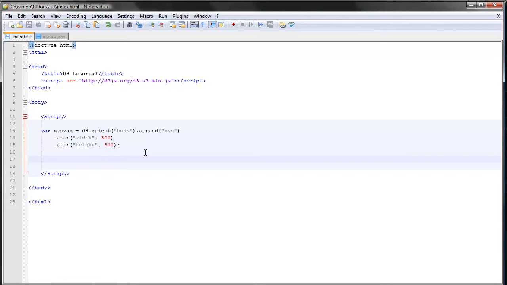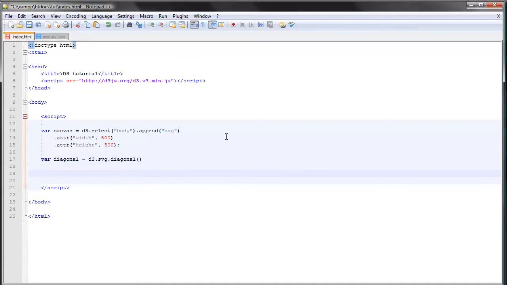just as the arc path generator that we took a look at earlier, the diagonal is used in the same way. So if we start by creating a variable here, the way we create the diagonal path generator is really simple. It's just d3.svg.diagonal. Okay, so we have our path here, but we need to append it to the document